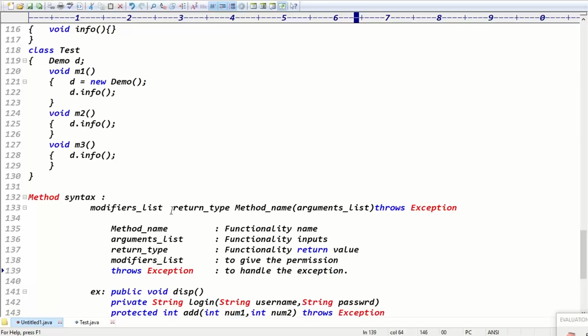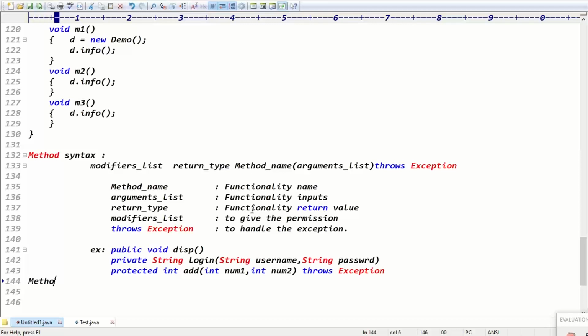In the entire method syntax, we have the method signature concept. The name is important. What is method signature? In the entire method syntax, method signature means method name and arguments list. This part is called method signature. Return type, modifiers list, and exception handling do not come under method signature.